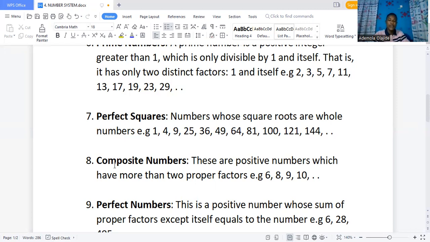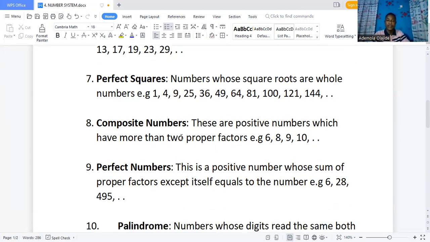Here we have composite numbers. These are positive numbers which have more than 2 proper factors. Let me quickly define the difference between factors and proper factors. If I talk about, okay, permit me to type here. If I just say